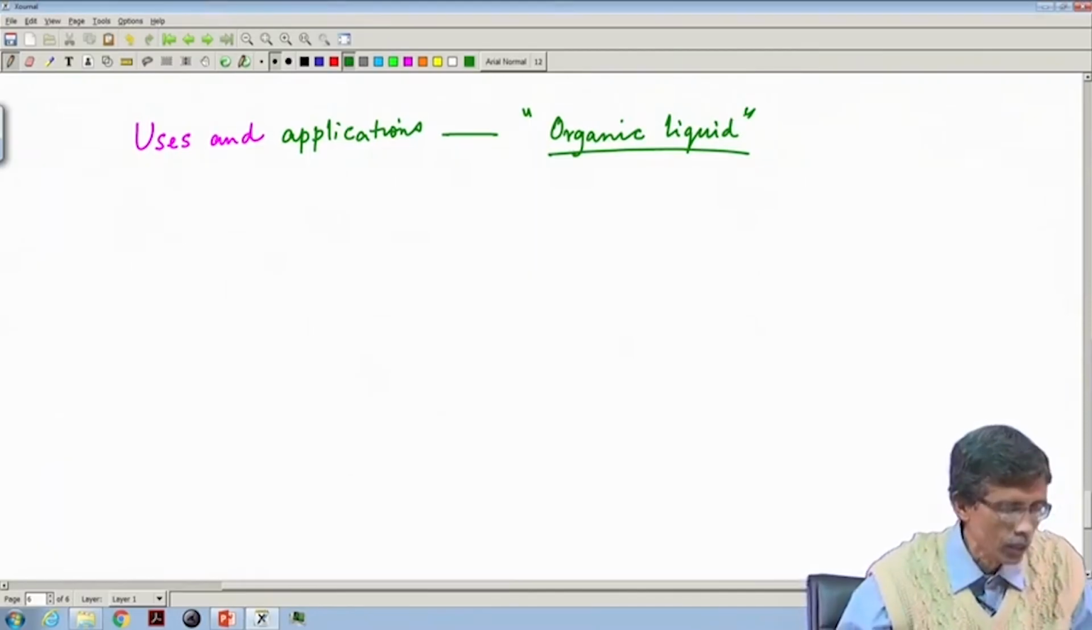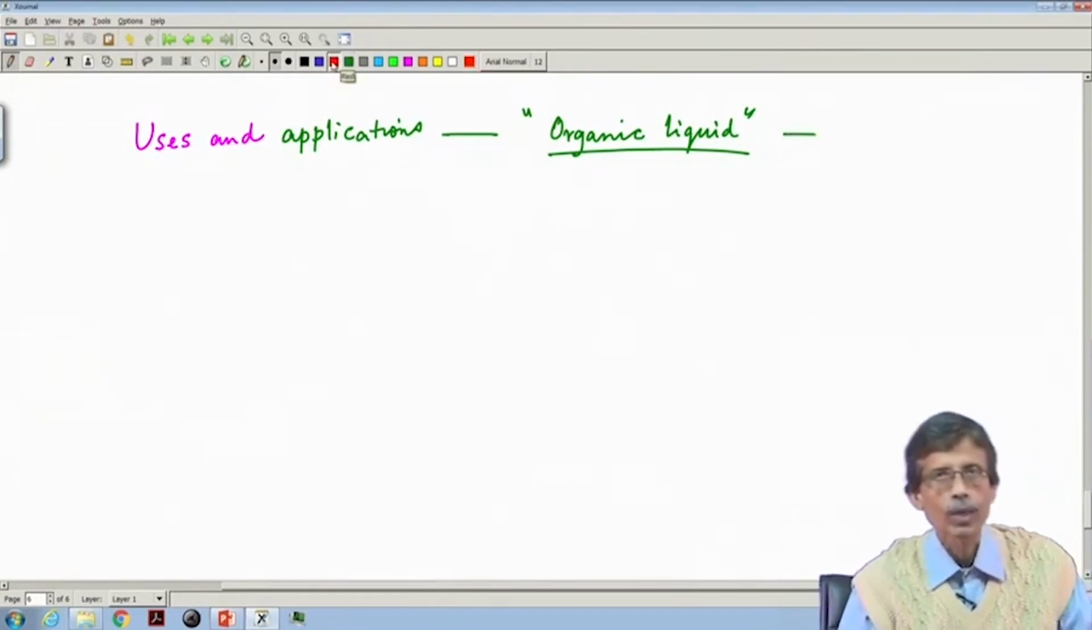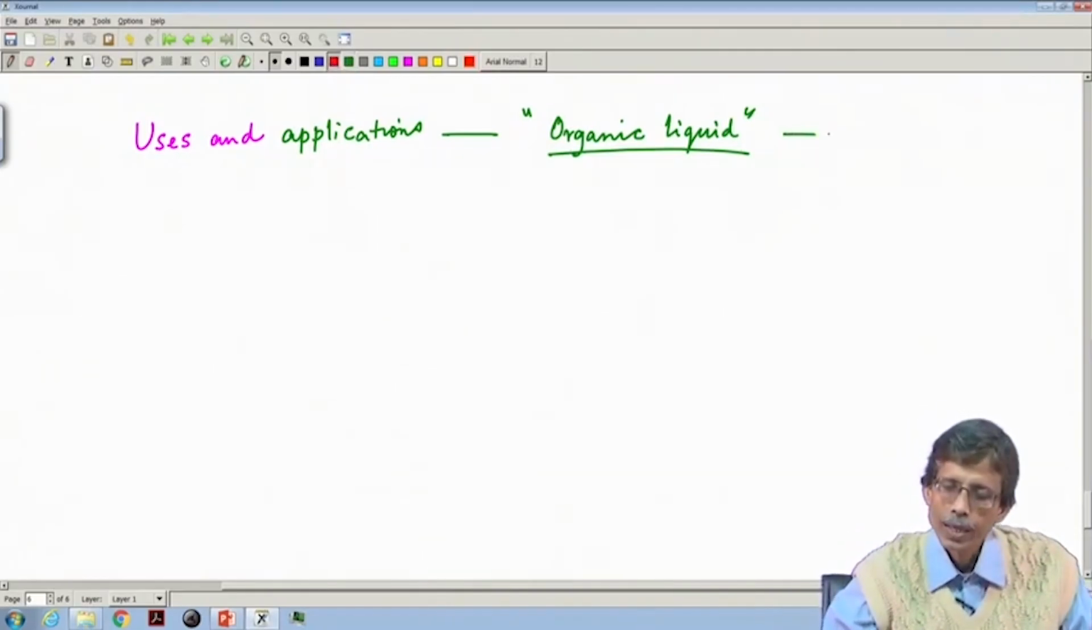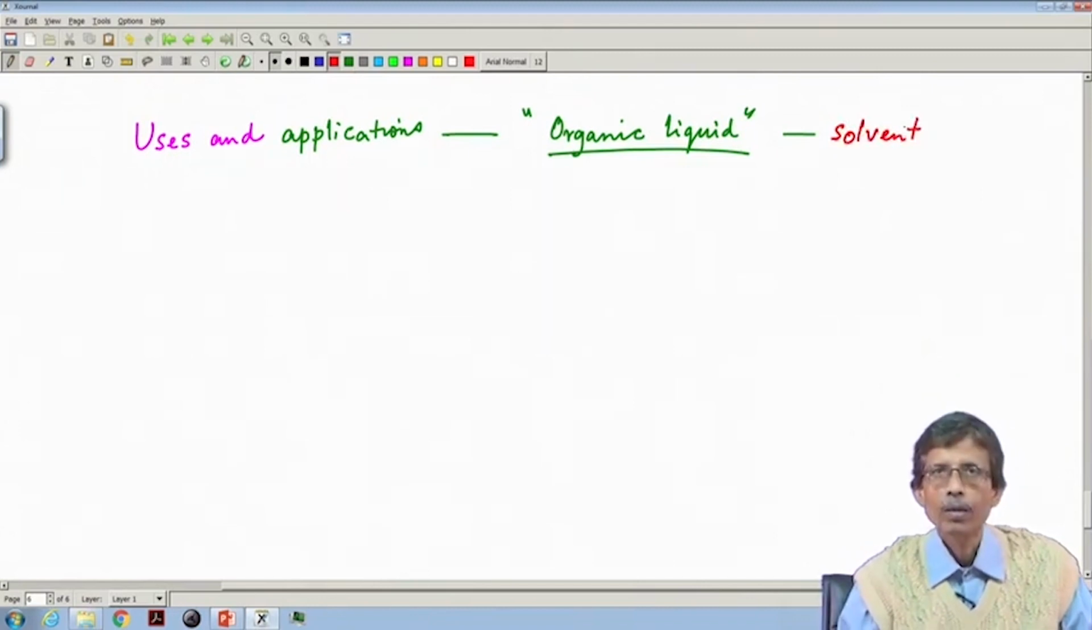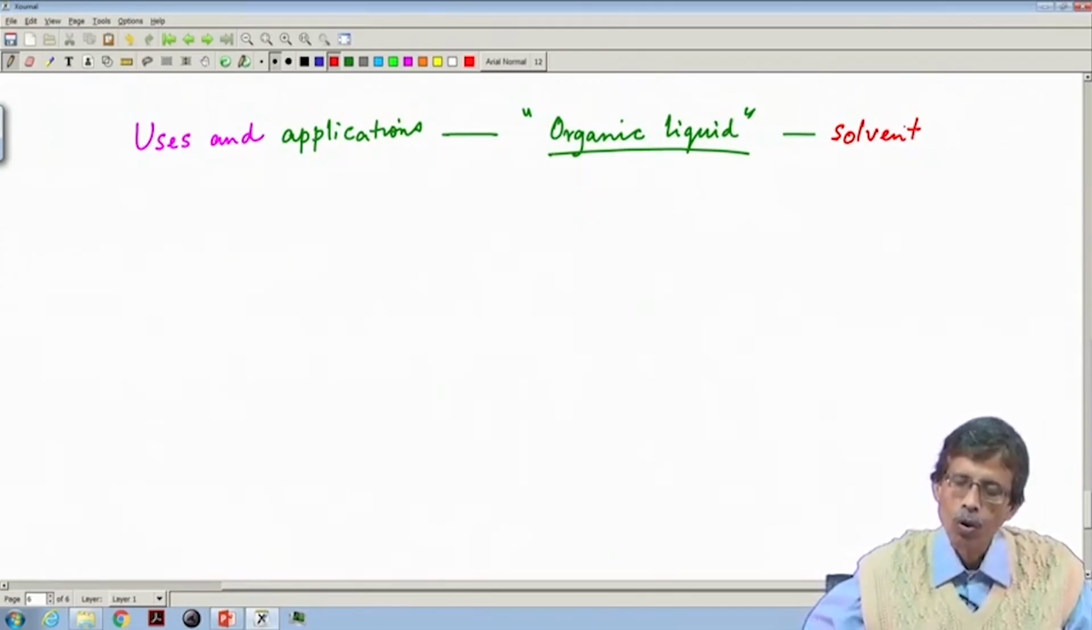So, organic liquid, you can use it in a very simple way. The first application that you can write quickly is a very good solvent. Therefore, you know the boiling point, you know the flash point, all of the data sheet for this particular solvent you can know, and its solubility